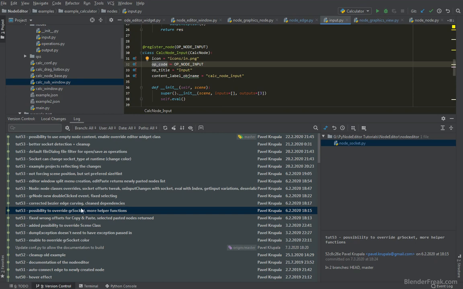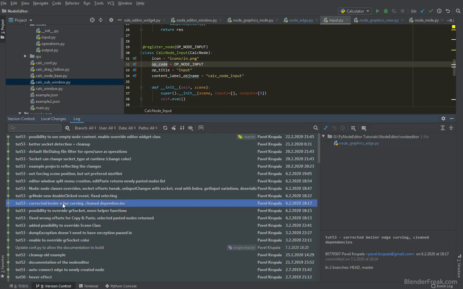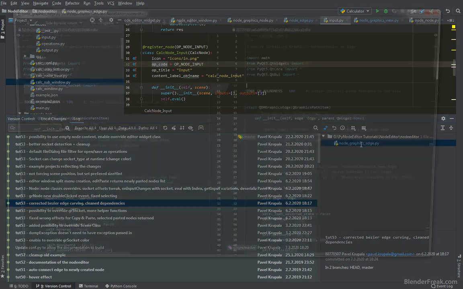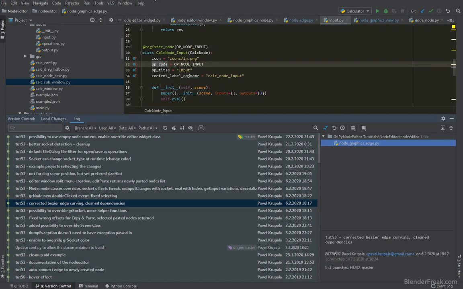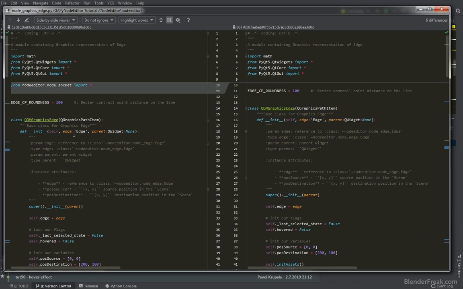Okay, so moving to the next change, here is the fixed Bezier edge curving, and I wanted to clean up some dependencies also, since the node graphic edge doesn't need the node socket anymore. I just removed this line, and a bunch of the other affected changes are gonna be here in this commit later. So moving back here